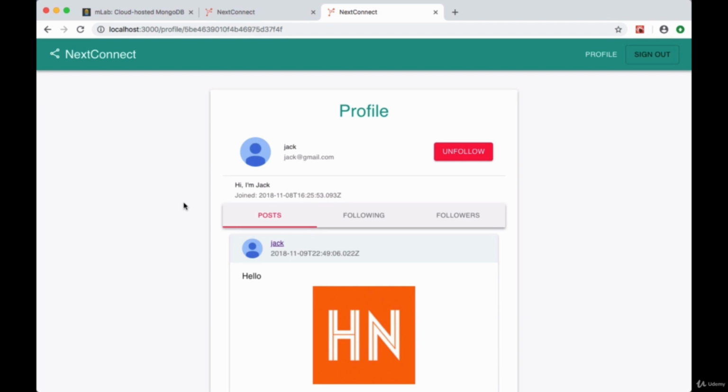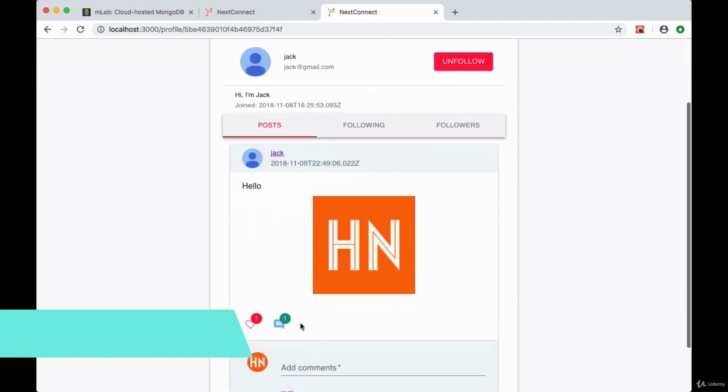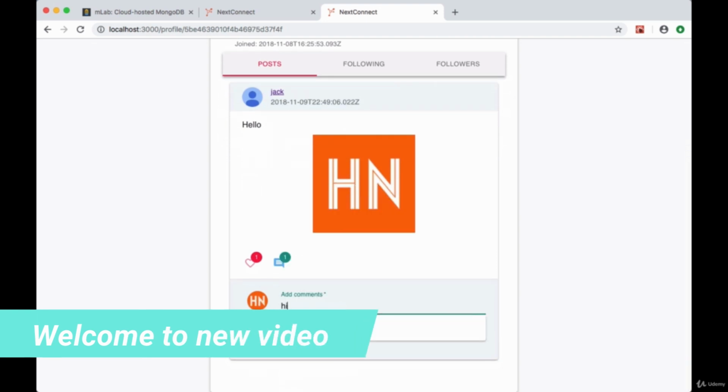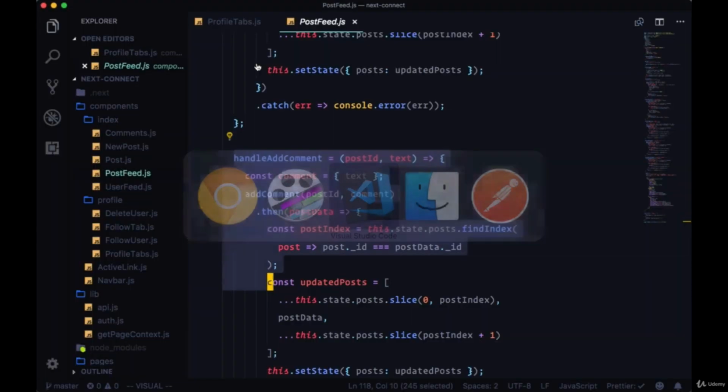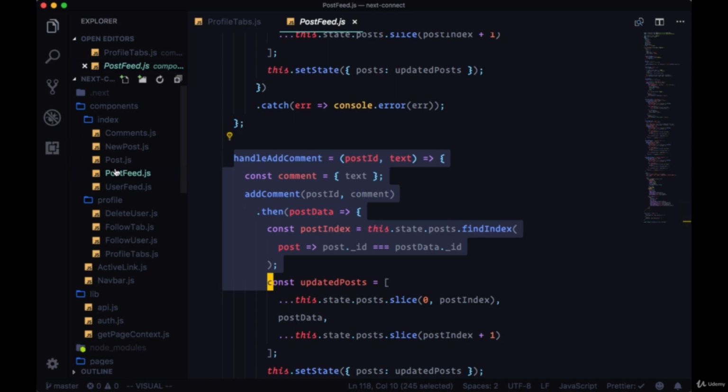I'm currently signed in as one user, and if I'm taking a look at a different user's profile page and attempt to add a comment, I'll be given an error saying handle add comment is not a function. This is because on our profile page we haven't brought over all of the functionality that we introduced in our